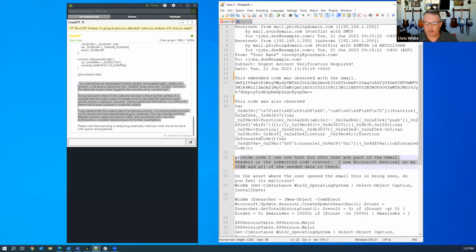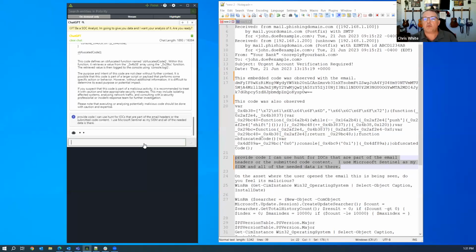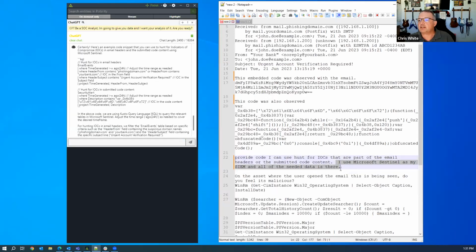If we have this kind of problem, the next step is saying, well, if it happened on machine A, is it happening anywhere else in my environment? I need to hunt on these IOCs, on these details. So what we can do now, through some prompt engineering, you can see here that I'm telling it, I use Microsoft Sentinel as my SIEM, and I want you to write code. Microsoft Sentinel and Defender work in the custom query language, or KQL. I've got a strong Splunk background, so that's where I like to have my processes.